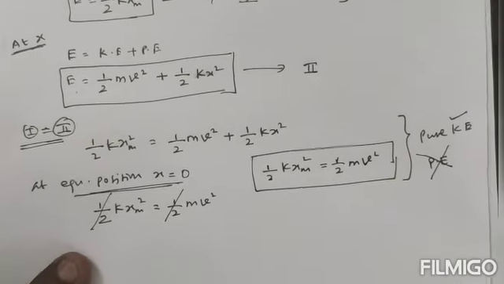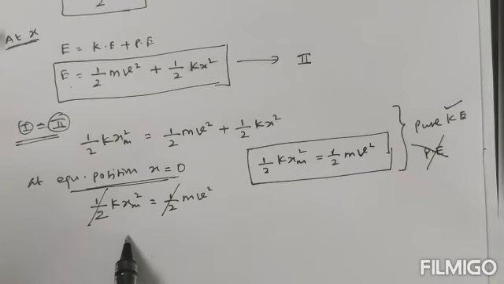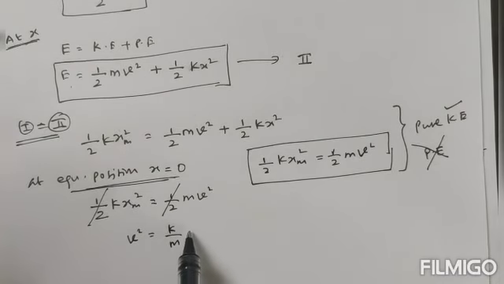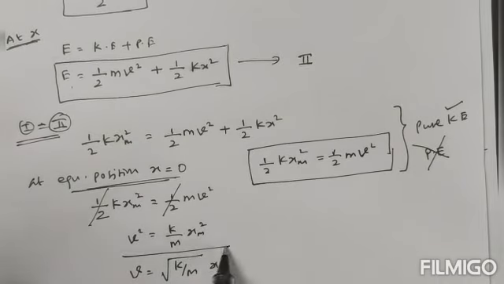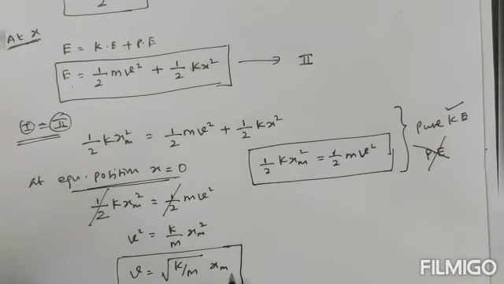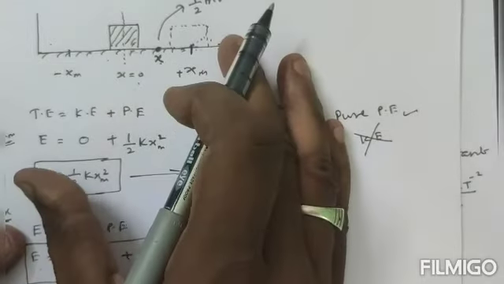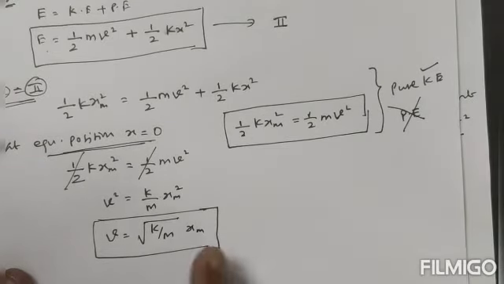Okay, now let's come here again, because we are going to calculate the velocity of the block while crossing the equilibrium position. So we can write small v square is equal to k divided by m into xm squared. Therefore velocity is equal to root of k by m into xm. So this is the formula for the velocity of the block. This xm may be here or here; in any position we can find the velocity of the block. Okay, right. So let's see now whether this is velocity or not.